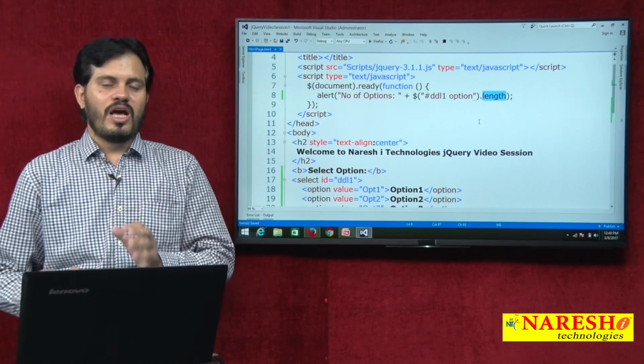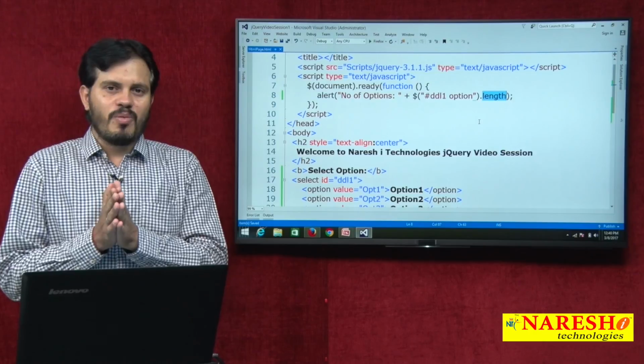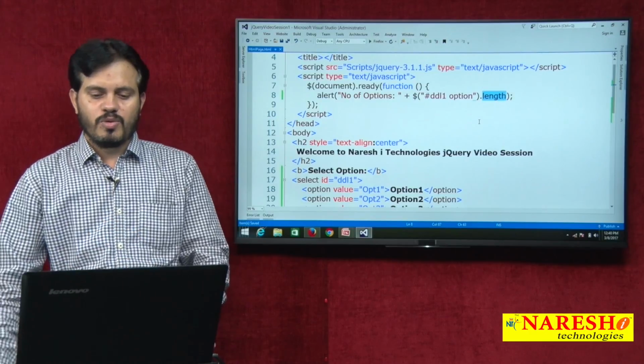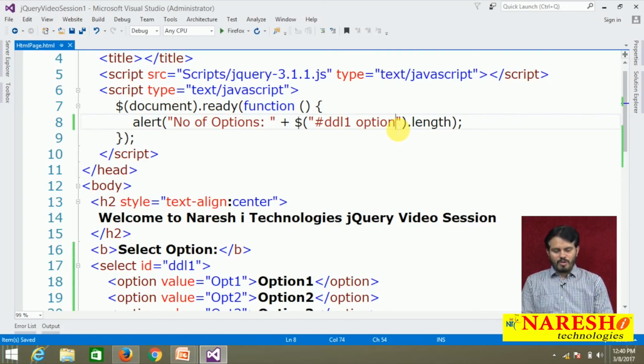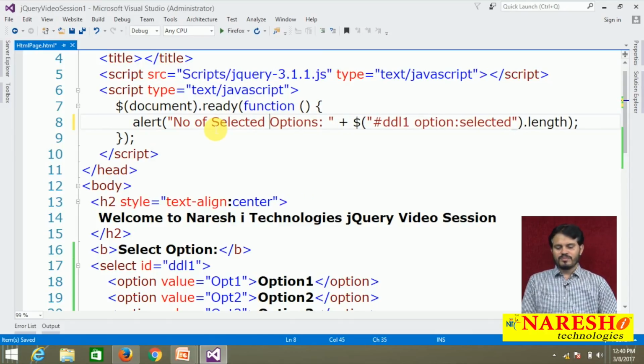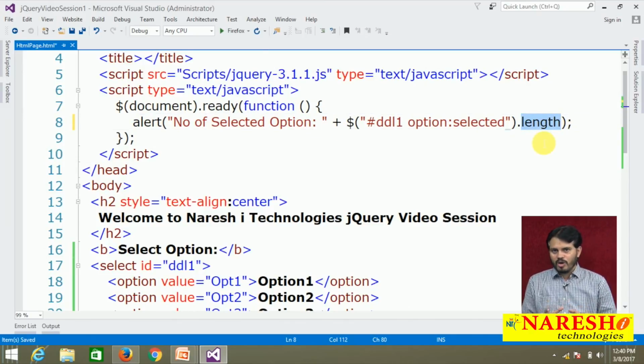In a similar fashion, I want to fetch in my collection object only the option which is selected and count how many there are. So what do you write? DDL1 space option colon selected. This expression is going to find only one option which is selected, because we know that in a drop down list there is no chance of having multiple selection. So number of selected option, selected option dot length. I am not getting their value, not getting their text, I am just counting how many options are selected, and